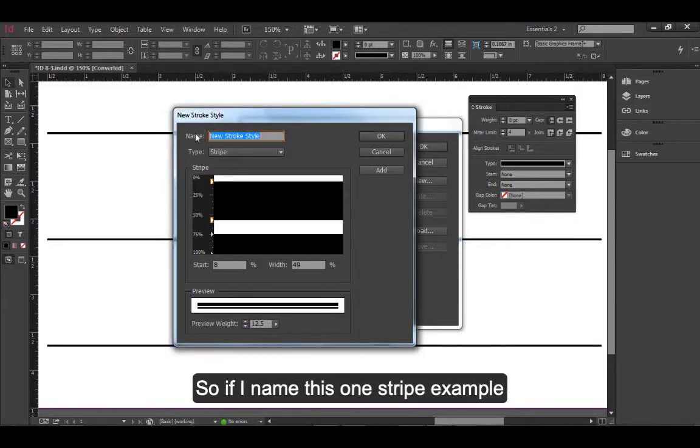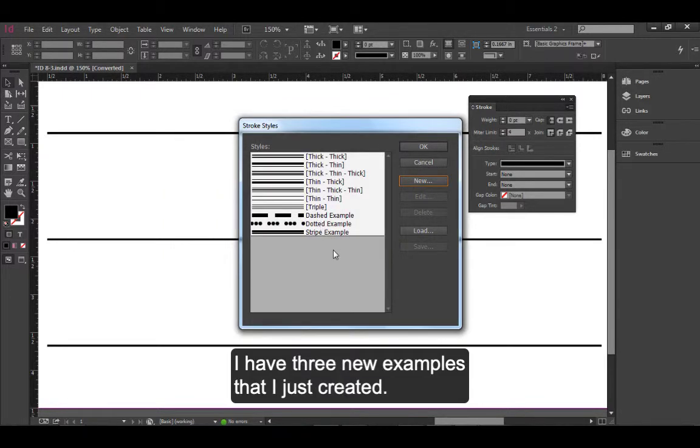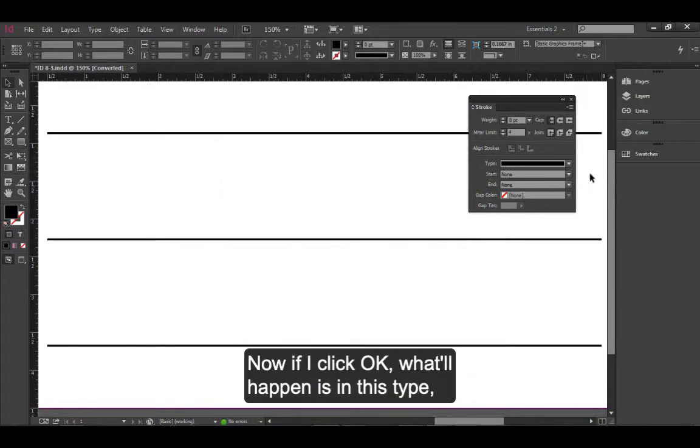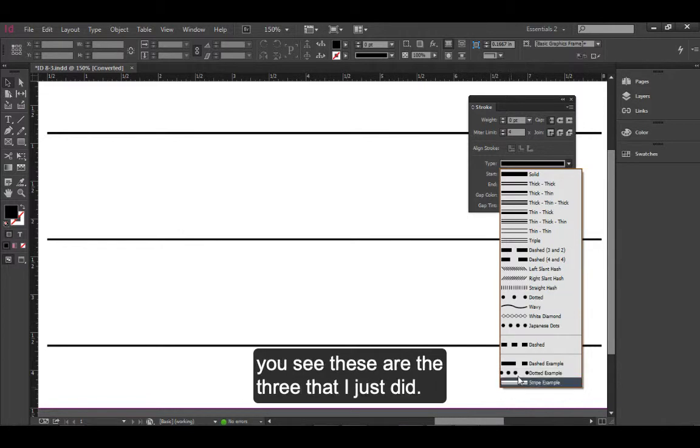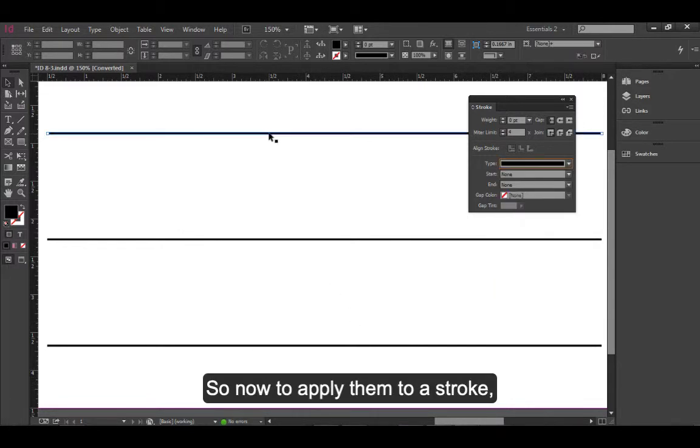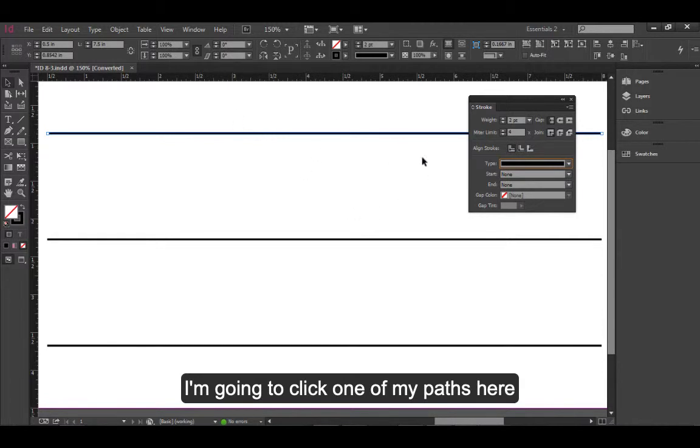So if I name this one stripe example, and again click Add, and I'm done. I have 3 new examples that I just created. Now if I click OK, what'll happen is in this type, you see these are the 3 that I just did. So now to apply them to a stroke, I'm going to click one of my paths here,